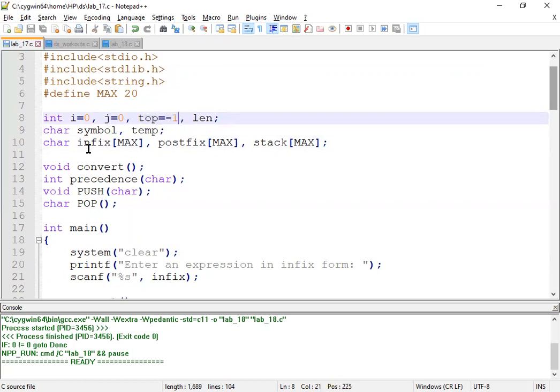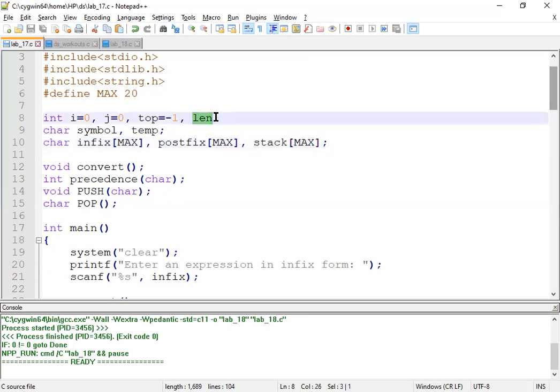At the beginning, when the arrays are empty, i and j will be pointing to 0, that is the 0th index where we can insert. Also, when a stack is empty, the top will point to -1, indicating that there are no elements in the stack.